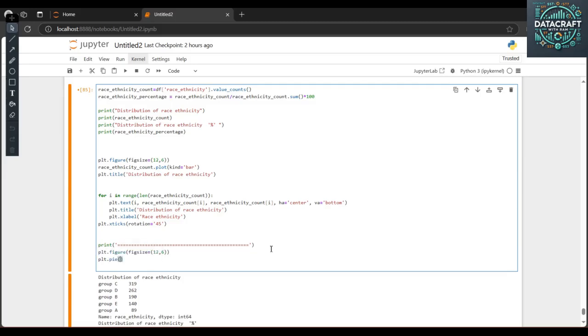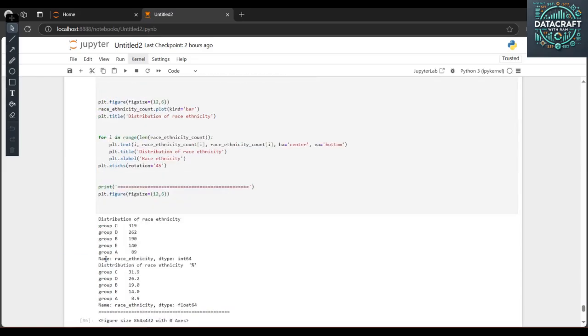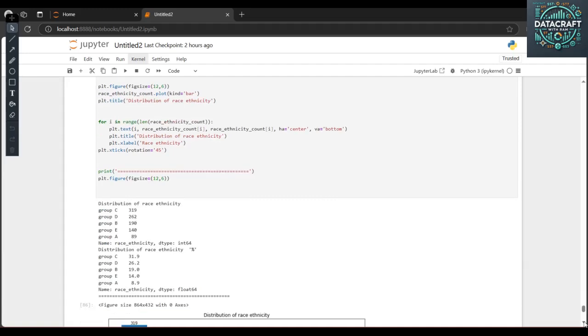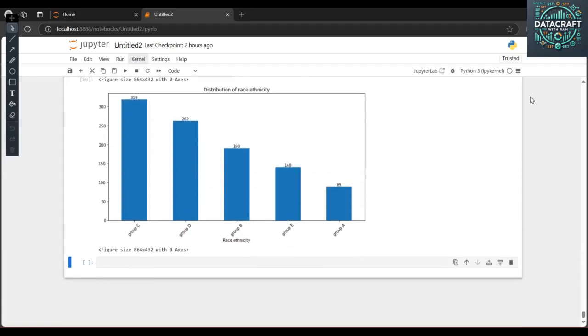pie chart is nothing, and I need to pass it the race intensity count, and then labels is my race intensity dot index, and then the other parameter I need to also pass, which is the autopct. It should work. I don't know what I made some mistake. Let me see. Okay, this is this, and now